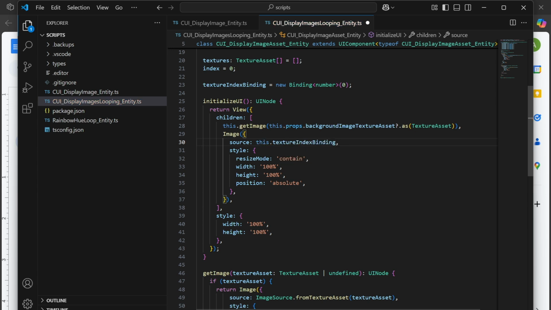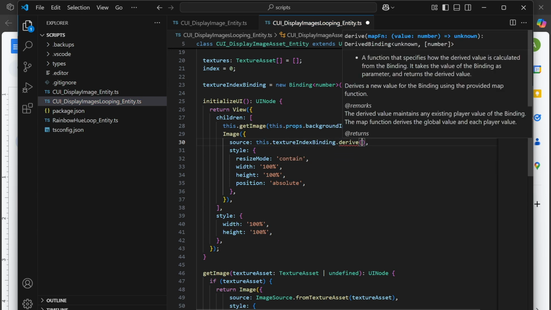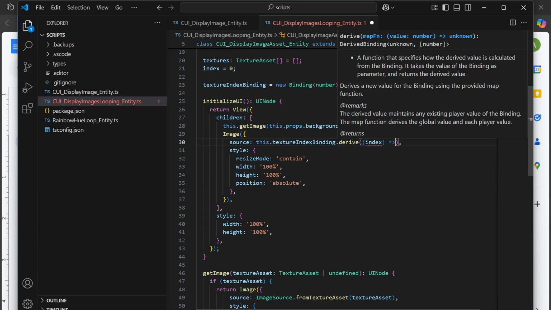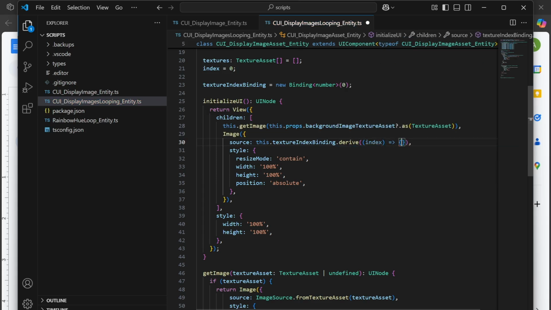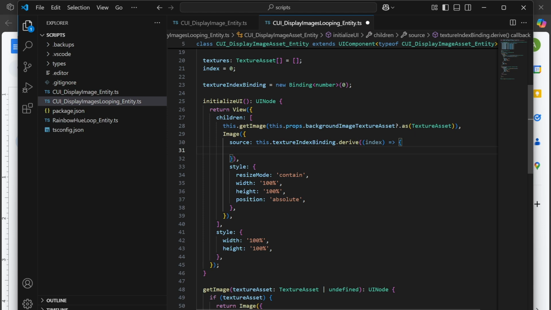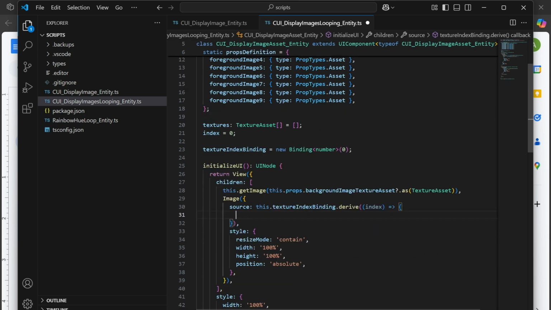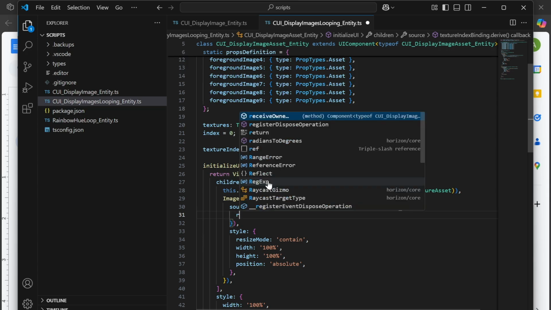texture index binding dot derive, and then parentheses, and then we need the arrow function where we take the number, which is the index, and then the arrow function to the right where we need to return a value. And so what we need to do is say, and mind you, this will not work if you don't have at least one of the foreground images. So this will break. But as long as there's at least one foreground image, we know that this will work. And so we can then say, we need to return this. So we say return,